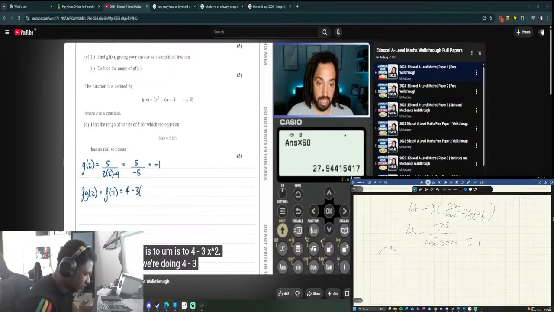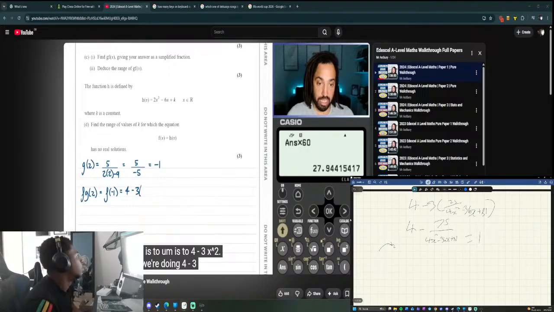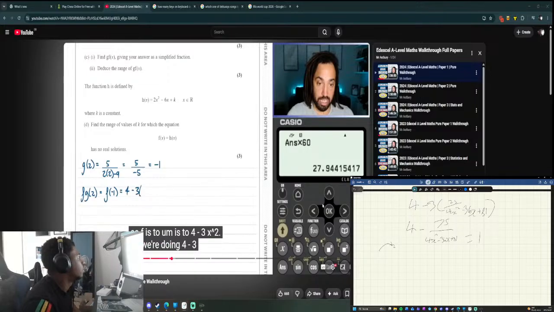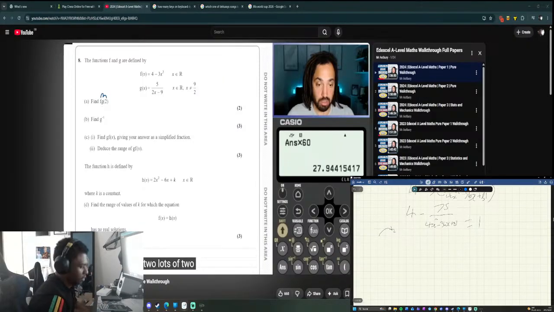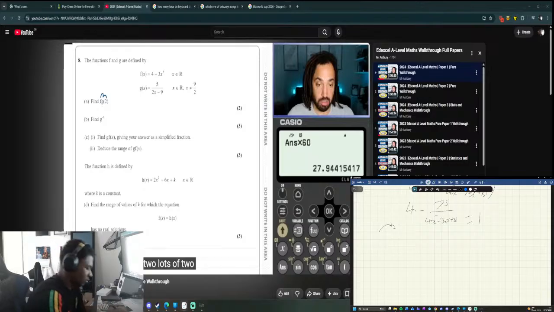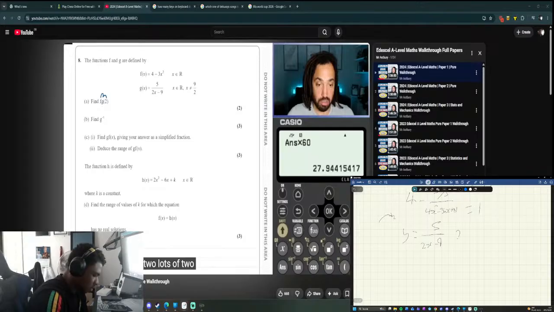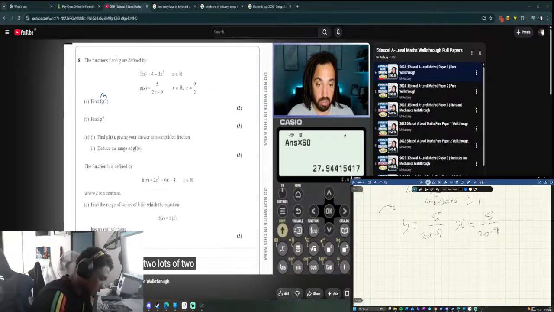Okay, this is cool. I mean, I got the right answer anyway, so it doesn't actually matter. The function h is defined by... no. Okay, find g minus 1. So y equals 5 over 2x minus 9. Swap it to make it x equals 5 over 2y minus 9, and now make it normal again, so that will give us